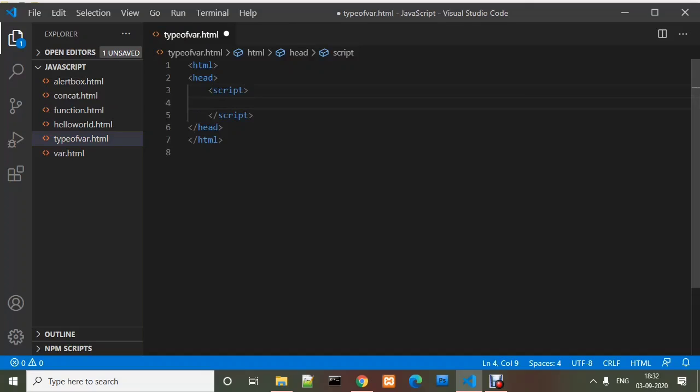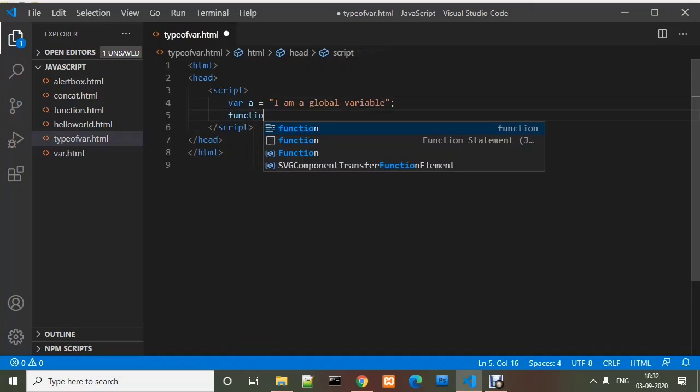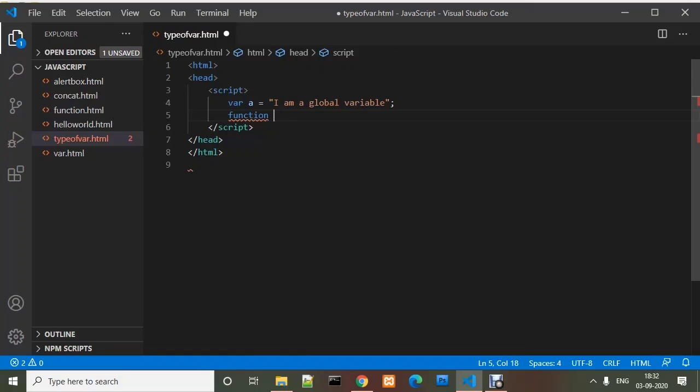And now I am declaring a variable named var a, which contains the value "I am a global variable", and I am also declaring a function, so I am using the function keyword, and my function name will again be myfun, and this function will contain a variable b, which holds the value "I am a local variable".